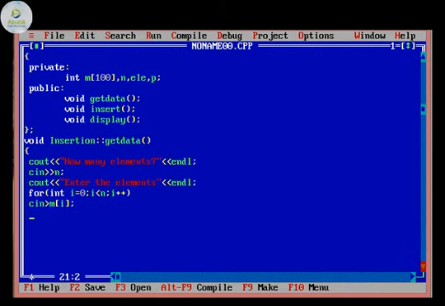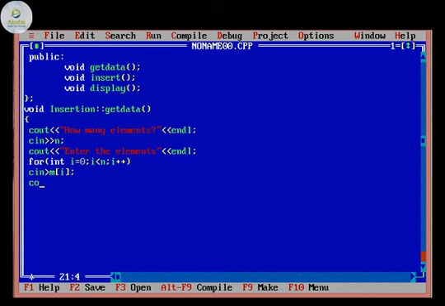After this, the next output statement that we need to give is enter the element to be inserted. The element to be inserted is taken with cin ELE.